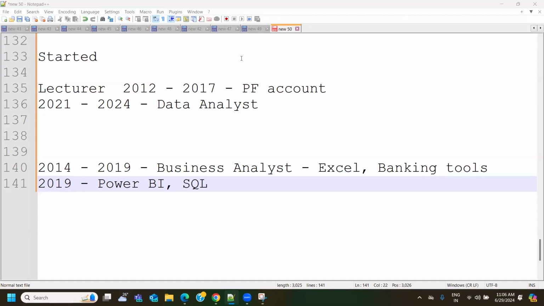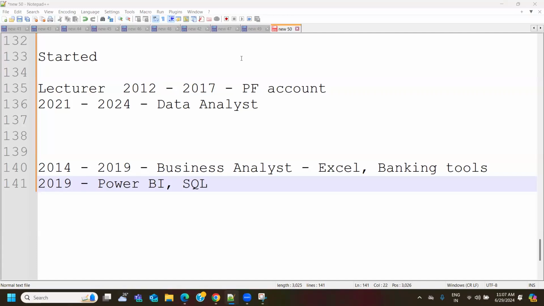See, for any role, I'm not taking the example of data analyst only. If you want to enter this field as a fresher, because you don't have any prior experience, if you had any non-technical experience also, we could have showcased it as technical. But as of now, there isn't any experience. You would be entering the field as a fresher. Maybe your degree pass out year is 2015, anyway. You can mention that 1 year of mechanical experience. That won't be a problem. Even though you don't have a PF account, you can mention it.